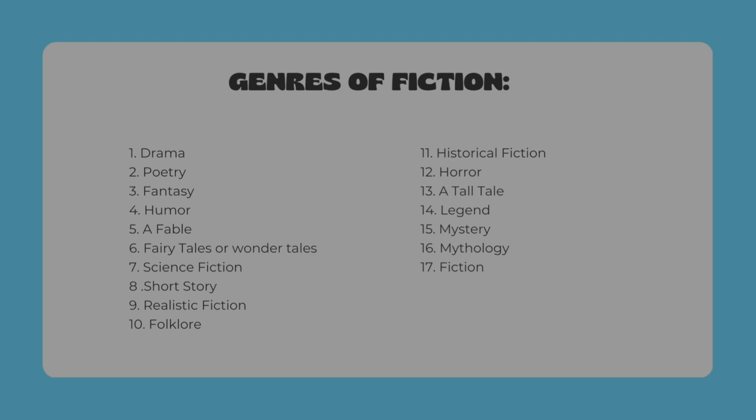5. A fable is a story about supernatural or extraordinary people, usually in the form of narration that demonstrates a useful truth. In fables, animals often speak as humans that are legendary and supernatural tales. 6. Fairy tales or wonder tales are a kind of folk tale or fable. Sometimes the stories are about fairies or other magical creatures, usually for children. 7. Science fiction is a story based on impact of potential science, either actual or imagined. Science fiction is one of the genres of literature that is set in the future or on other planets.